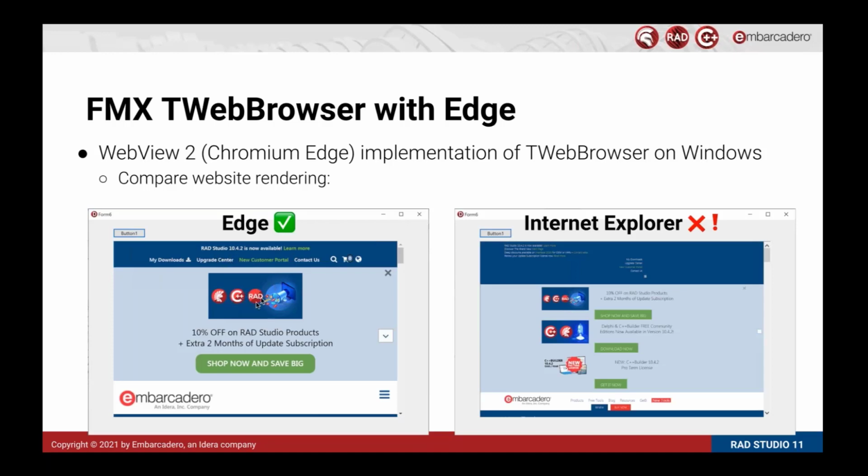You can see here how it looks with Edge and how it looks with Internet Explorer. That said, if you are working with stuff that requires Internet Explorer, then obviously there's a configuration option within the TWebBrowser to update it and use the old version. But this is a real nice update, a very, very easy win just to recompile in RAD Studio 11, because where you've been using TWebBrowser, you're now able to get the better rendering directly because of the update in the engine options.